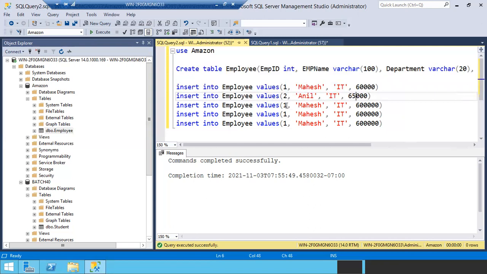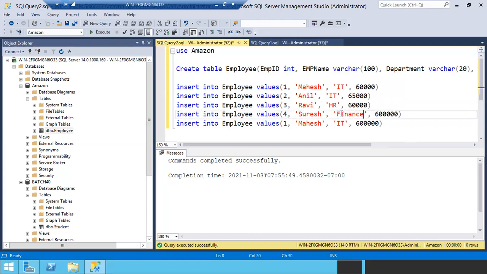And the third record: Ravi, HR department. Let me go with 60,000 for him as well. Fourth record: Suresh, and he's from which department?